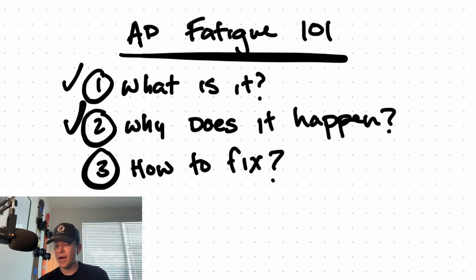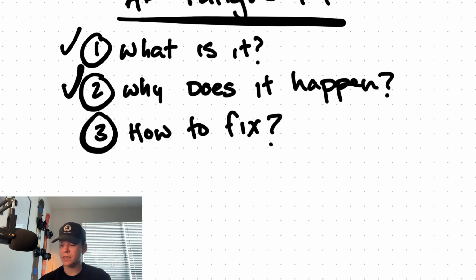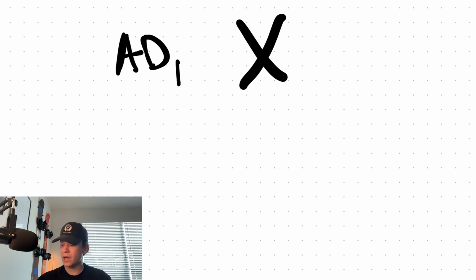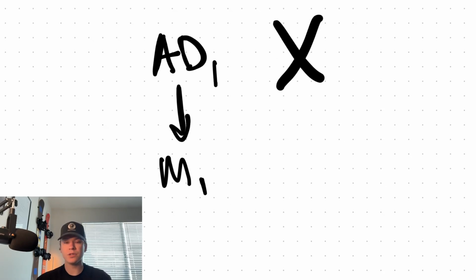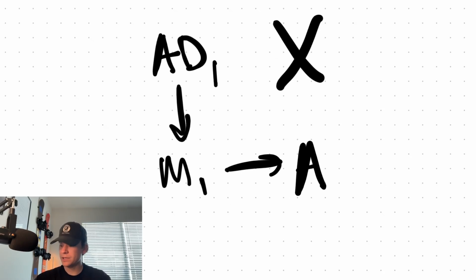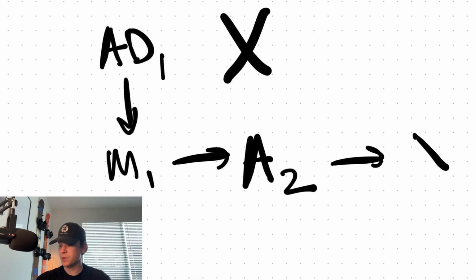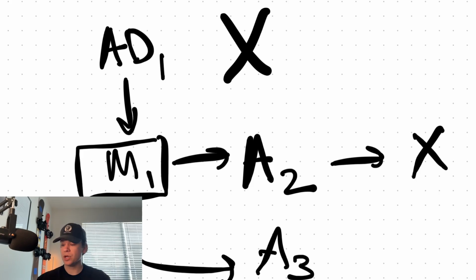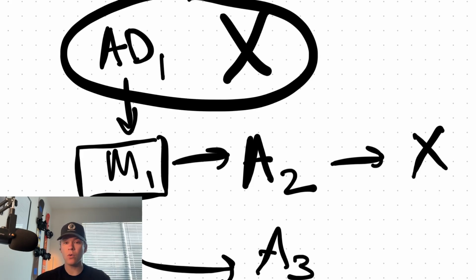Now, when it comes to ad fatigue, how do we actually go about fixing this? And this is the simplest part of this entire video. Let's say ad 1 stopped working, no longer works. All I'm going to do is say, okay, what was the message being used in ad 1? That's going to become ad 2. And then I'm going to run it until it stops working. And I'm going to go back to this message and say, okay, ad 3, because we already know that whatever we're saying here works. So when this stops performing, all we're going to do is just duplicate it and say it in a different way.